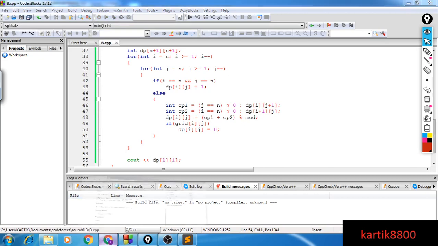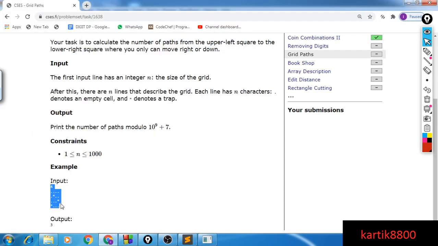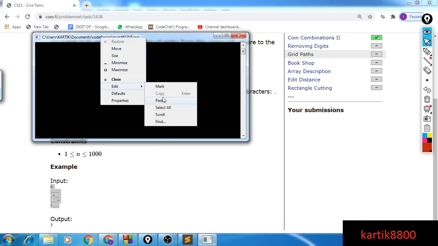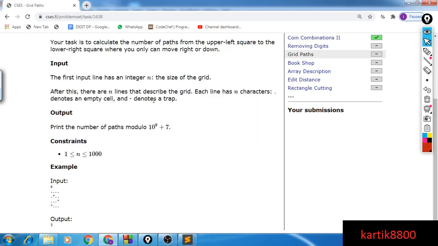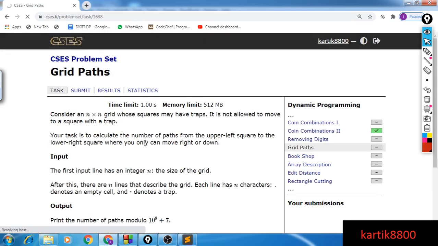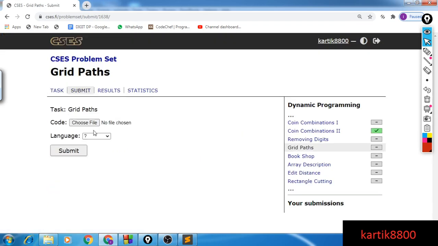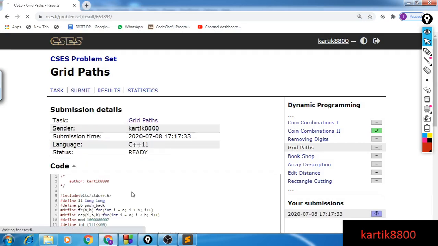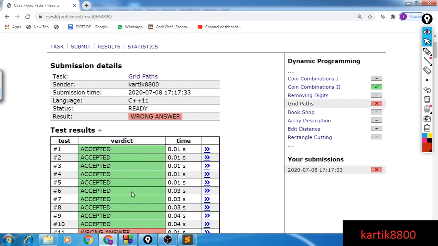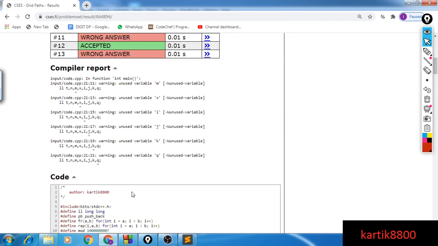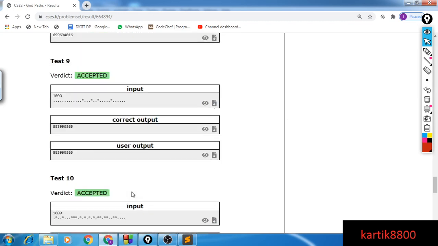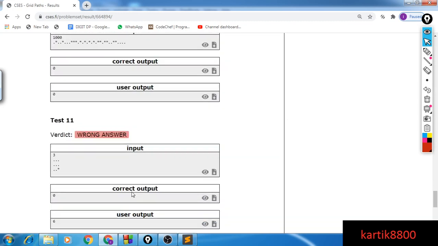Let's just try this thing. I am getting the correct answer. I'll just submit. This should most likely pass. So guys, if you liked the video, okay, just a second, oh, there's one wrong answer. This is probably because of integer overflows, so I'm getting a wrong answer here.